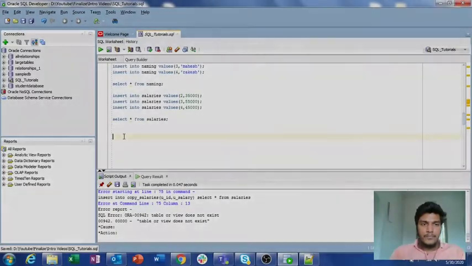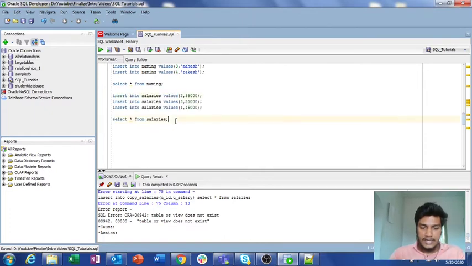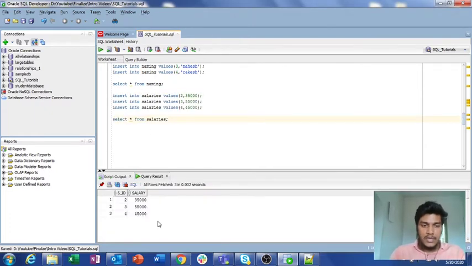Okay guys, first of all, I have previously created a table for salaries which contains data like this. Only 3 records are there. Now I want to copy the entire table into another table, just to make a redundant copy of the entire salaries table, because if this particular table gets deleted, we have a copy of it in this database, or you can also copy that into another database as well.